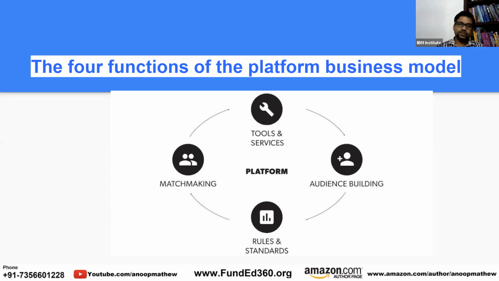And the second one is seller and buyer side matchmaking. This is what happens when a query comes in. In the previous example, if the buyer asks for a white shirt, what does the platform need to do? The platform needs to search for the white shirts in the database and list them based on certain relevance